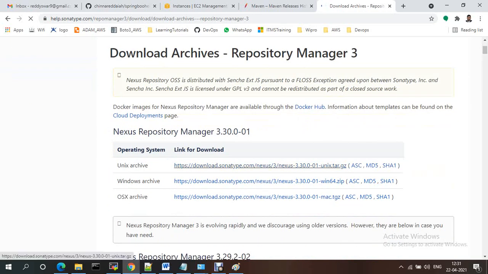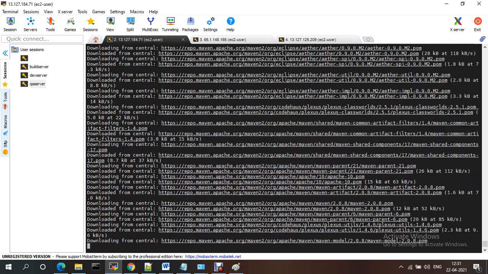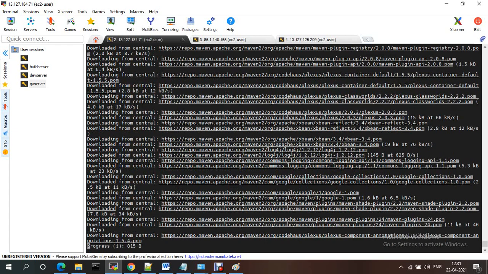You can take this tar file and copy it. Still it is downloading. It's the first time, right? It will download the required plugins into local.